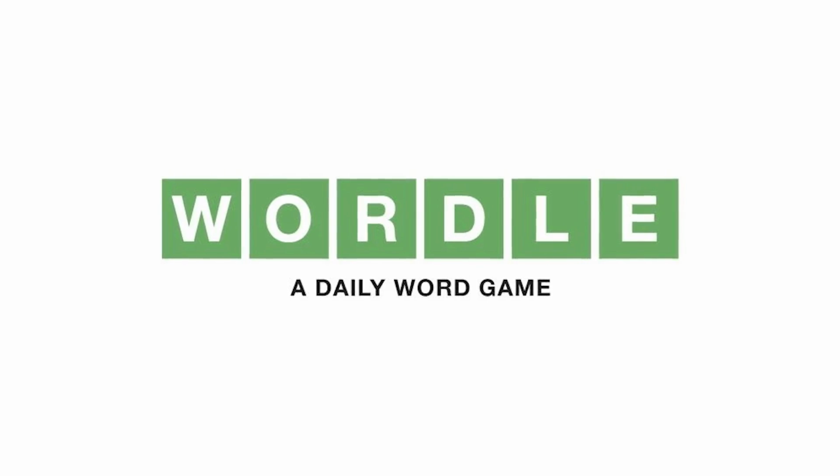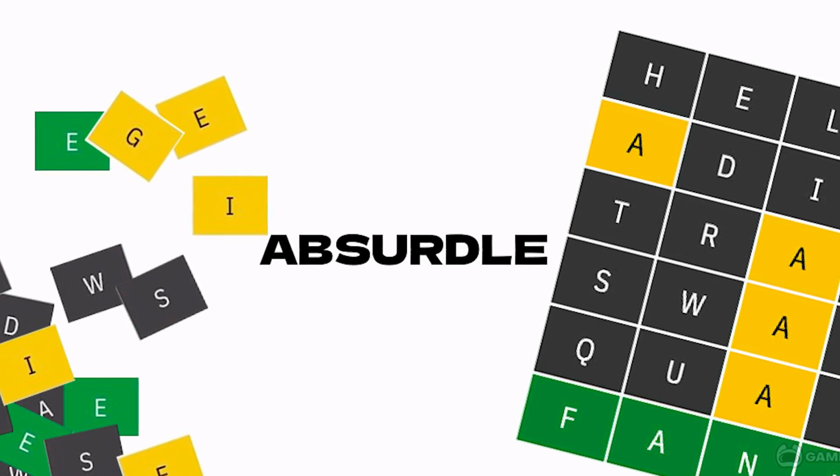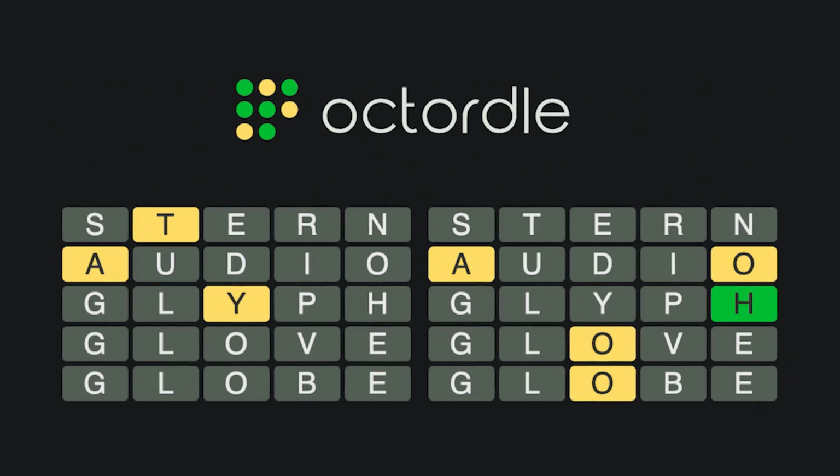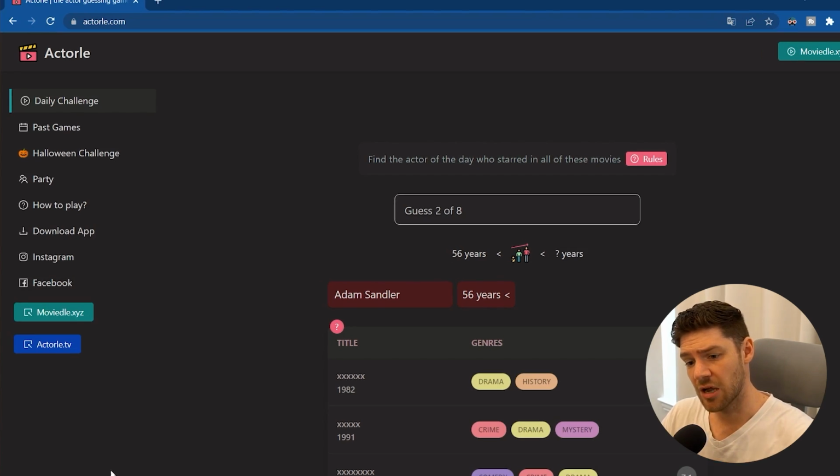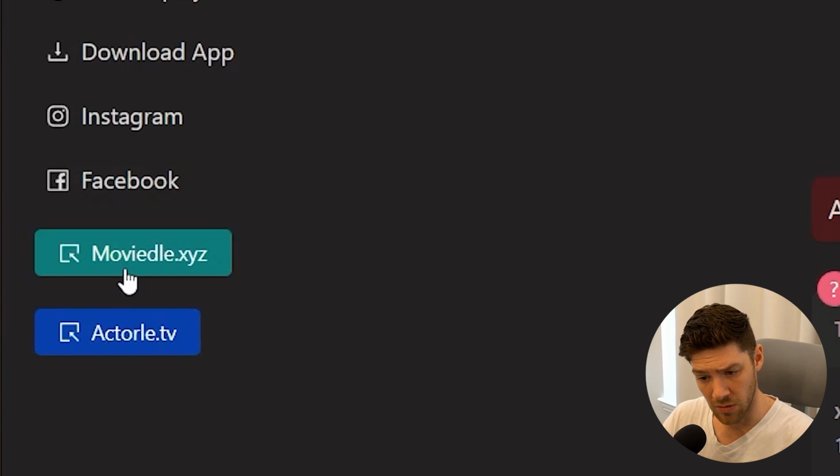By taking this idea and deriving another idea from it, because in reality, Actoral is a derivation of Wordle. And so there's a lot of different clones of Wordle that have popped up over the past year that are basically different takes and different themes of the same game. So as you can see, this Actoral founder also looks like he started Moviedle and